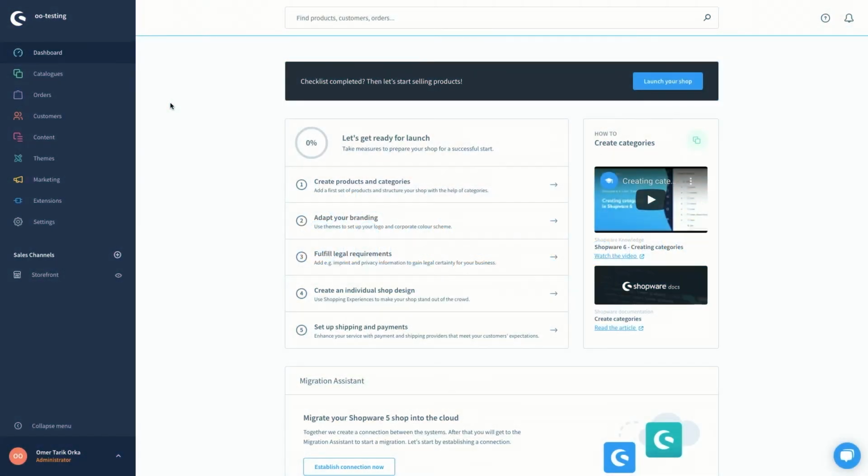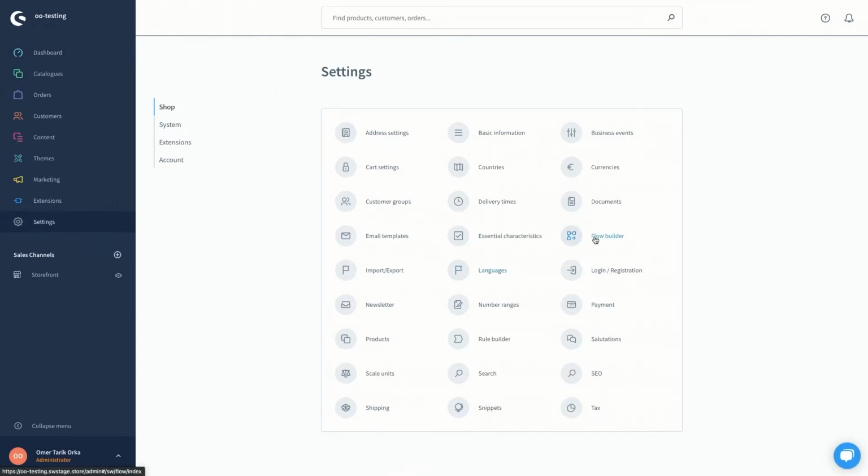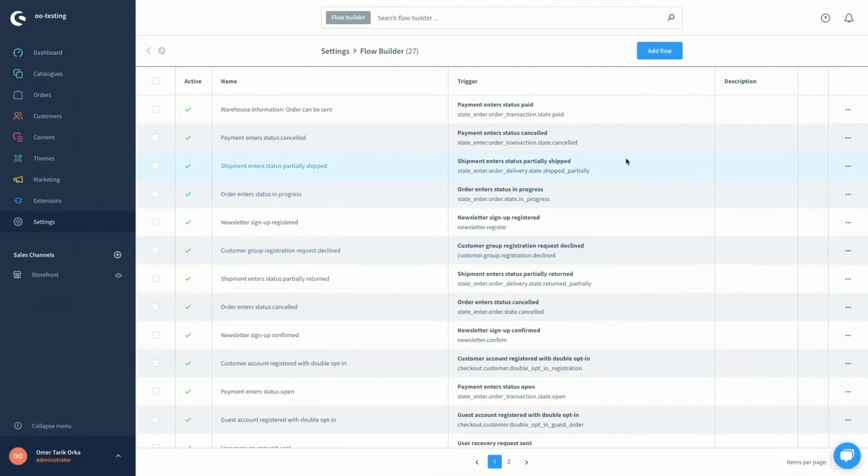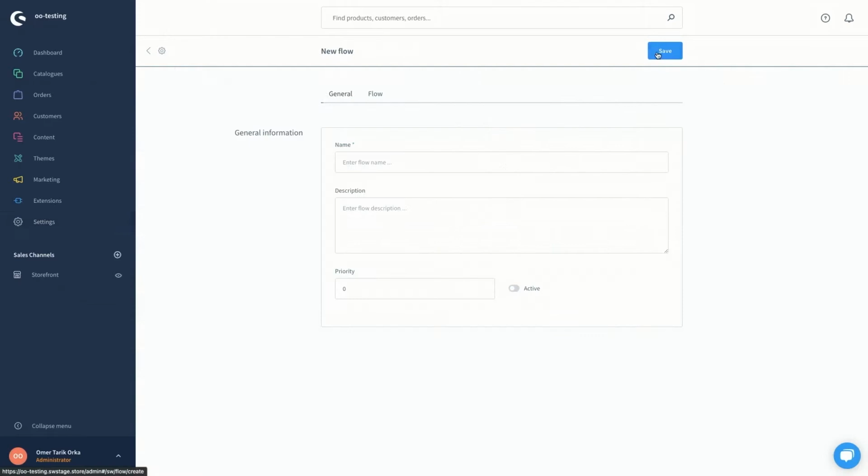Hello, in this video I'm going to show you a practical example of Flow Builder, how you can inform the stock that the order can be shipped when the payment is completed. For this we go to settings and then select Flow Builder, and then on the top we select add flow